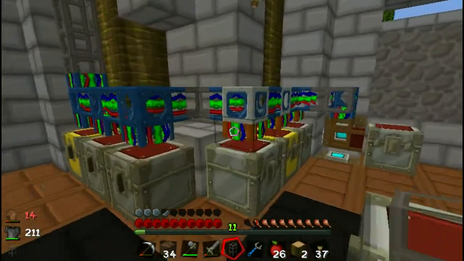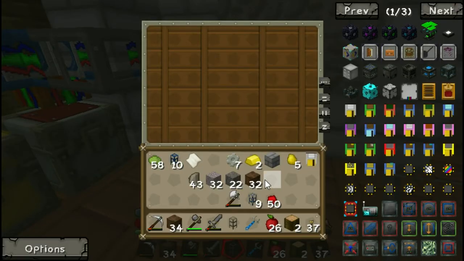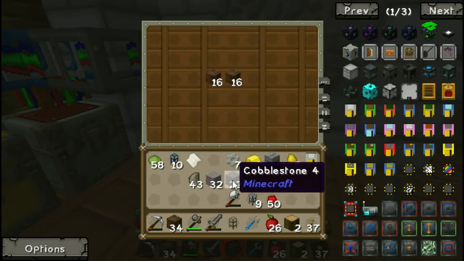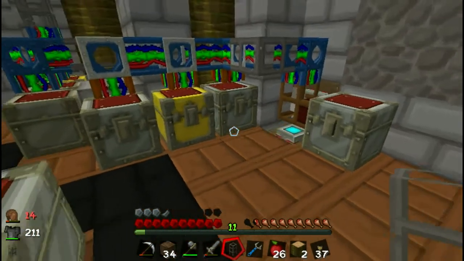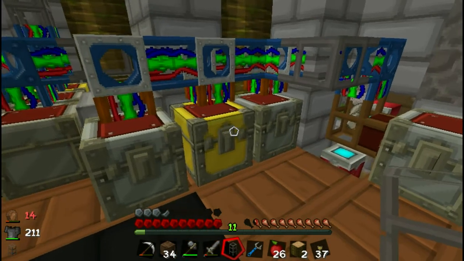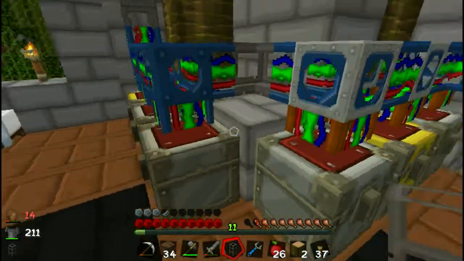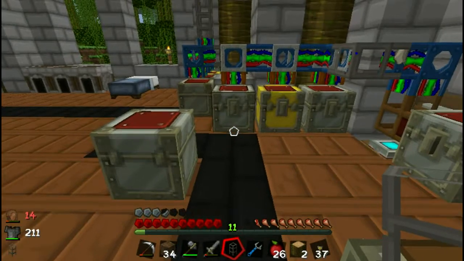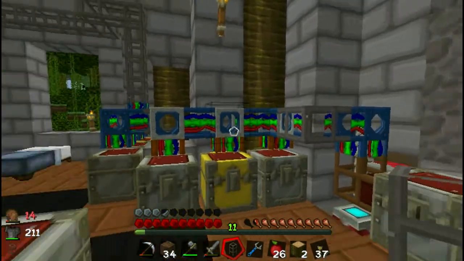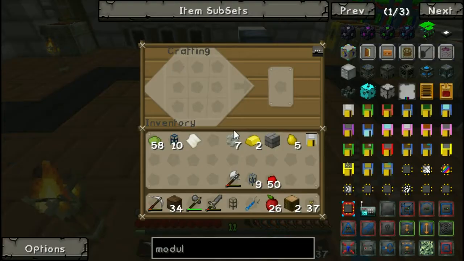I've popped the connecting pipe back in, and you can see these have all lit back up. So let's just really quickly drop the dirt, cobble, gravel and flint back in here. And you can see it's all sorting into the right chests, just as it used to do. So, apart from the fact that you can put more than one thing into one pipe, it's handy but not massively useful. So let's look at something a tiny bit more useful, and that is